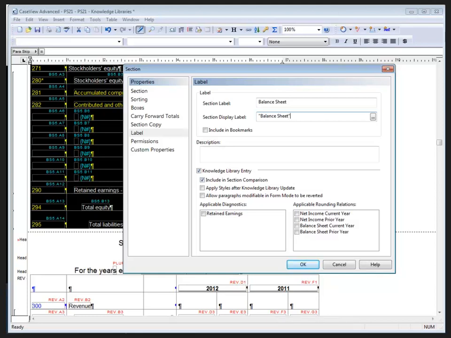Now, because it is a calculation field, I do need the quotes here. And I do want to include this in the list of bookmarks. I'm going to skip the description field today and ensure that each Knowledge Library entry include in section comparison, apply styles after Knowledge Library update, and allow paragraphs modifiable in Form Mode to be